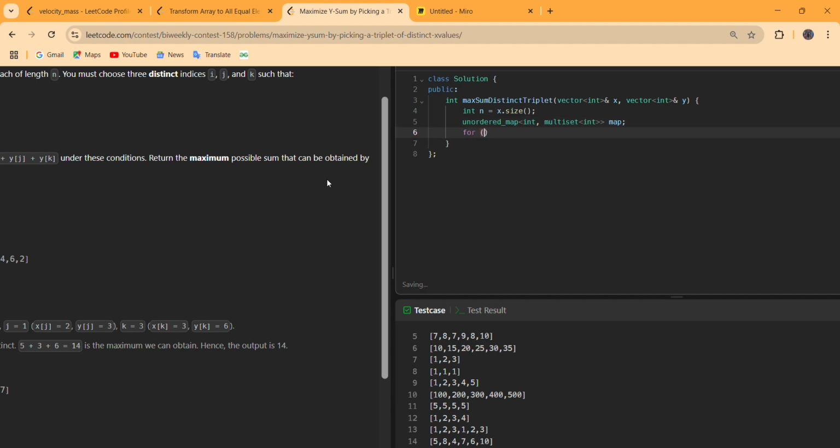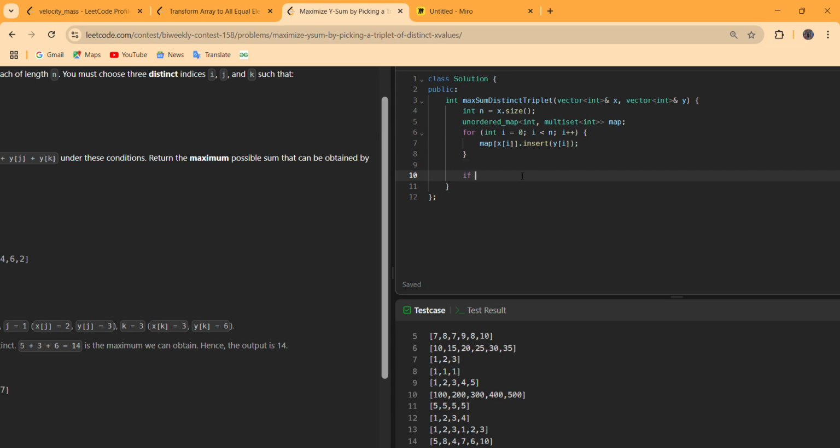Now iterate over x and y. Now for every x of i, insert the y of i into this multiset, and this multiset basically takes care of the order itself because it stores elements in sorted order.